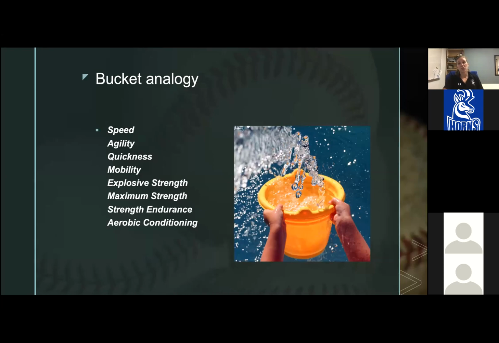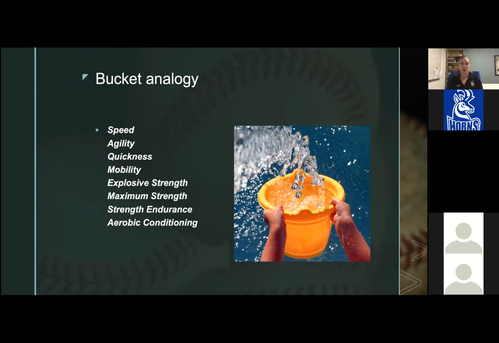So I mentioned that I was going to come back to this, where we see all of these components of fitness, and we hear things about speed, agility, quickness, mobility, explosive strength, whatever it is. They're all athletic qualities that we want our athletes to have at a high level of competitive sport. They need these. So I think there's an analogy, and it's the bucket analogy,